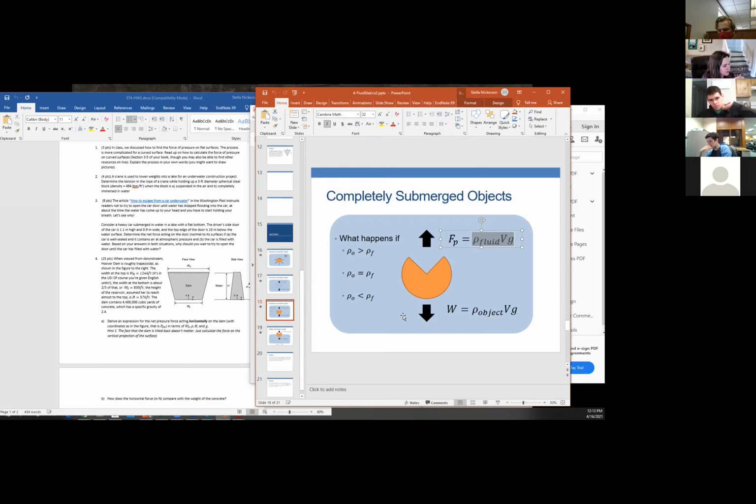So that is why a bubble of air inside of water goes up. A steel ball that you drop into water drops down. A water balloon should just kind of float where you put it. There's a slight weight of the balloon that maybe would make it go down. And then if we're in the air, I have a higher density than the density of air, so here I am, down at the bottom of the air. A helium balloon has a lower density than the density of the air, so it goes up. And then like a hot air balloon, they will control, it will go up until the,